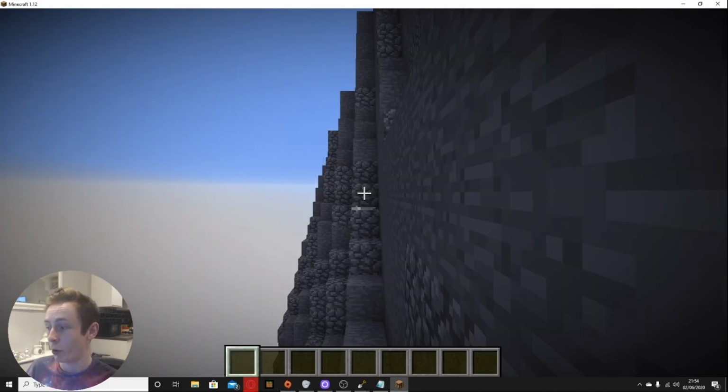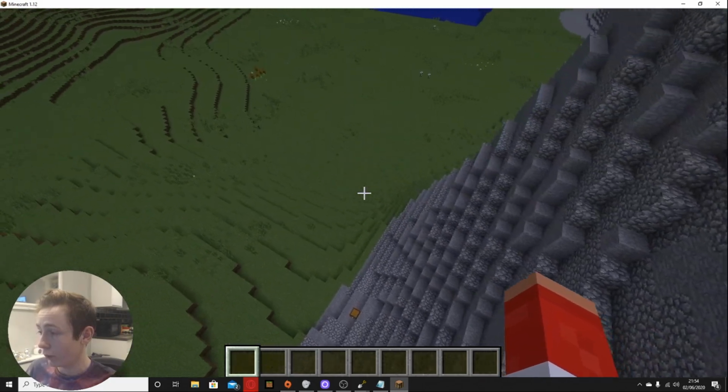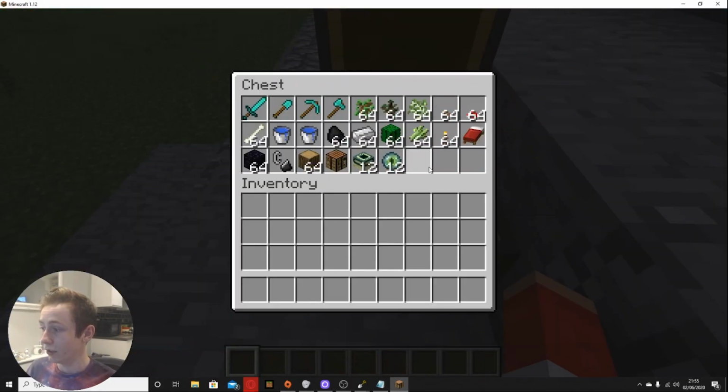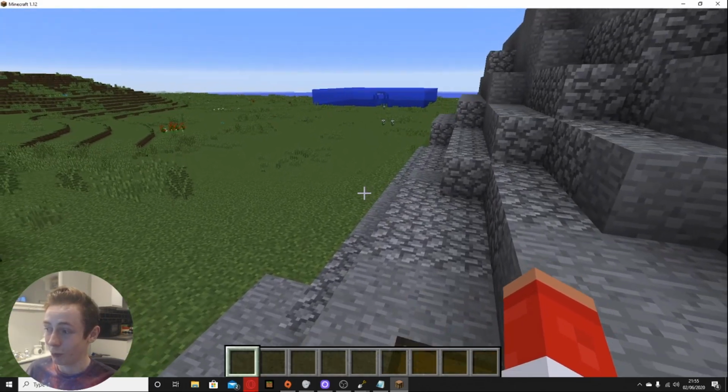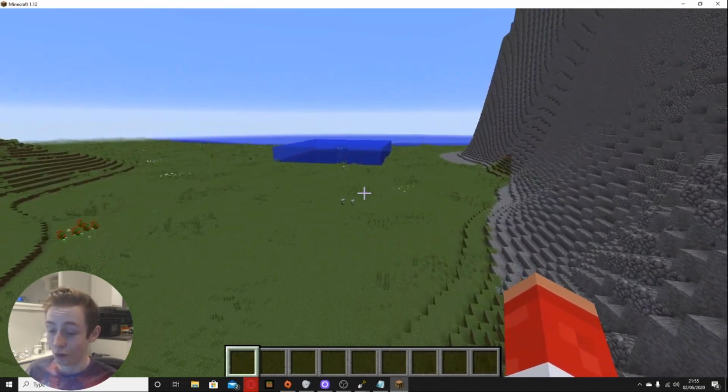But you can take my word for it, guys. You won't have any issues whatsoever. So we've actually got a little bonus chest right here with all of the stuff in it. You should probably turn this off if you're playing on survival, because it would make your game a lot less fun. And I've just realized that we actually forgot to turn off generate structures,